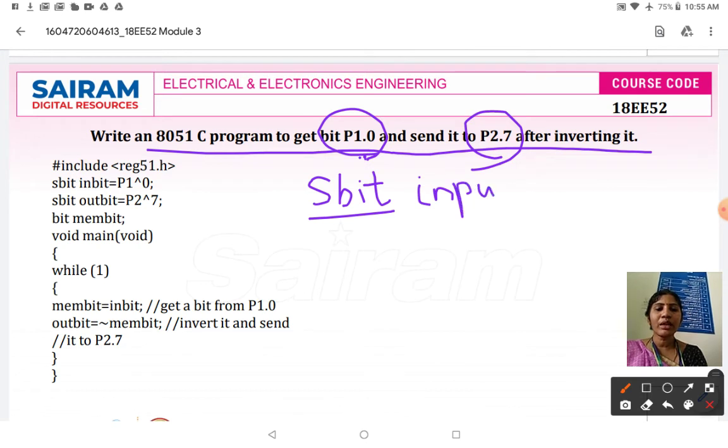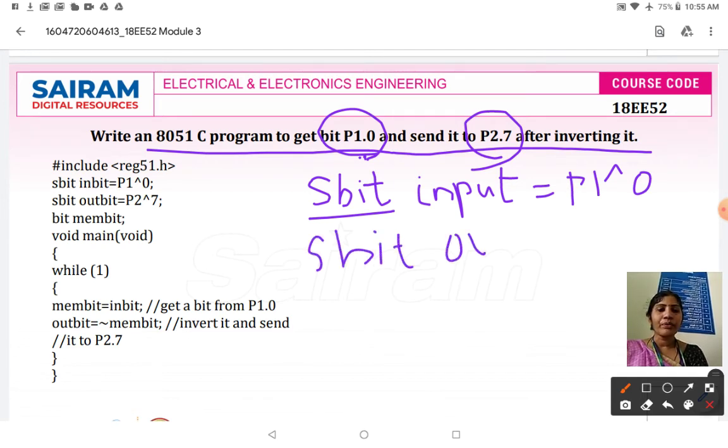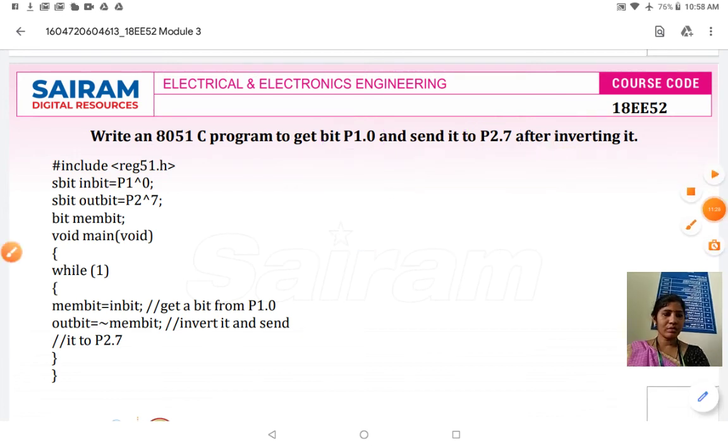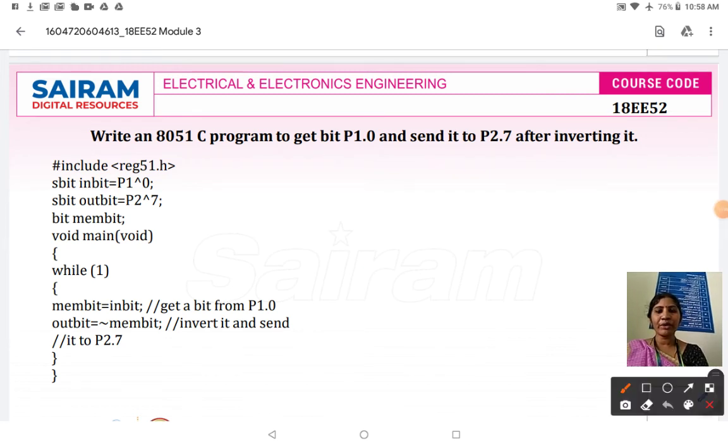So sbit inbit is equal to P1.0, and the same thing, sbit outbit is equal to P2^7. To define port 1.0 and port 2.7, we are going to use the data type sbit.